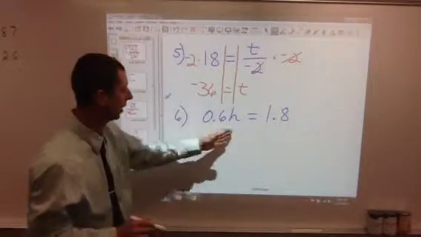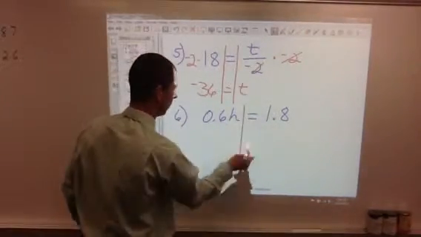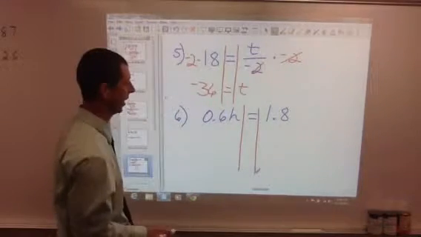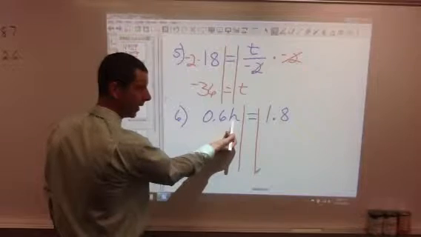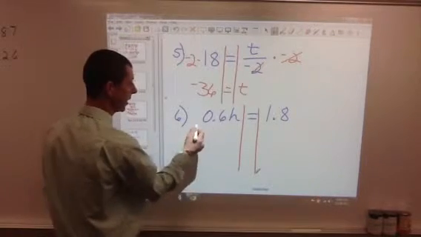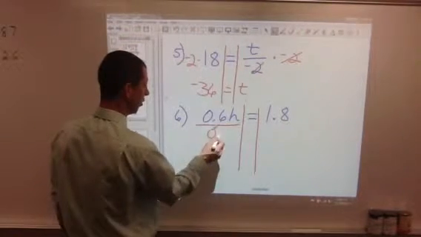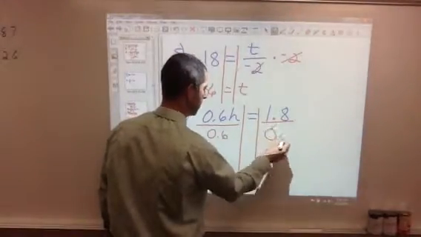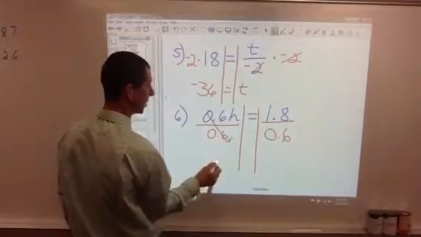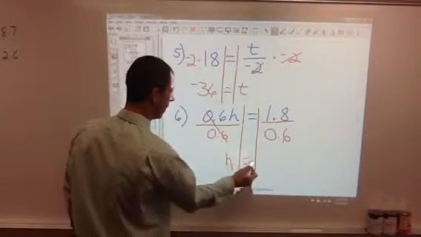All right, here's one with the decimal. Once again, we're going to set it up like this. We want to get rid of the 0.6 times h. We want to get rid of the 0.6, so I divide by 0.6. Go over here, divide by 0.6. These cancel, so h equals